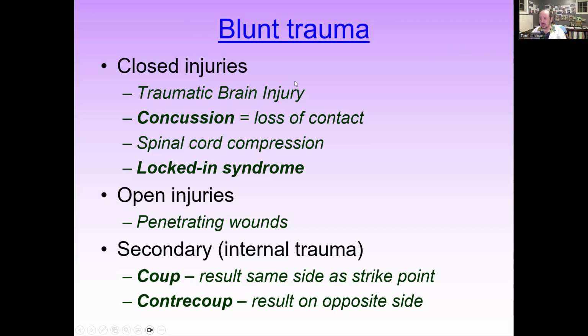We used to say that a true concussion required loss of consciousness. We now realize that's not correct. Instead, we say loss of contact. That means almost like an absence seizure, where the person just kind of loses it for a little bit. The difference is that an absence seizure is usually a very passive event. A concussion, again, has some type of closed impact, and the person has their bell rung, is disoriented, and then kind of reestablishes.